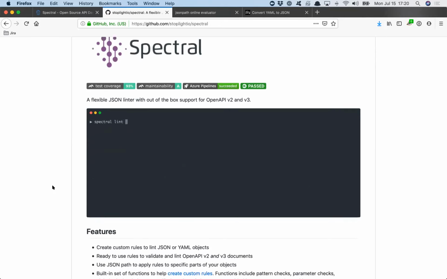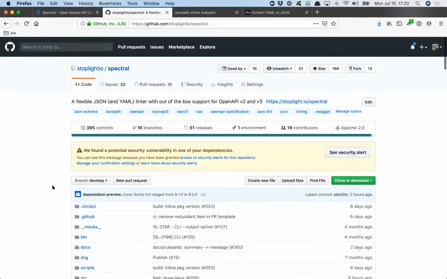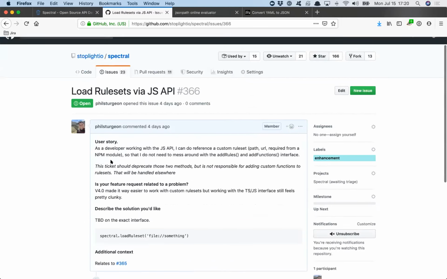Basically, Spectral used to be primarily TypeScript, and so you'd work with it via a TypeScript interface, and everything was very TypeScript. You would add rules separately with the add rules function, and you would add functions with an add functions function. And we've wrapped that up to make it a little bit easier using the concept of rule sets. But rule sets don't really have any way to do custom functions yet because it's mostly YAML. It's kind of tricky to do that stuff, and so we want to think for a moment, come up with a few ideas, and get some feedback from the community about how they'd actually like to do that.